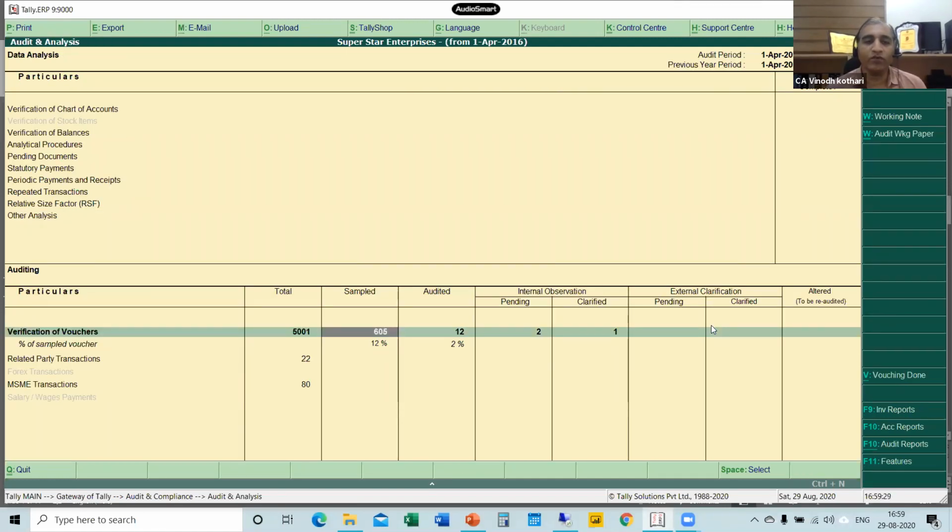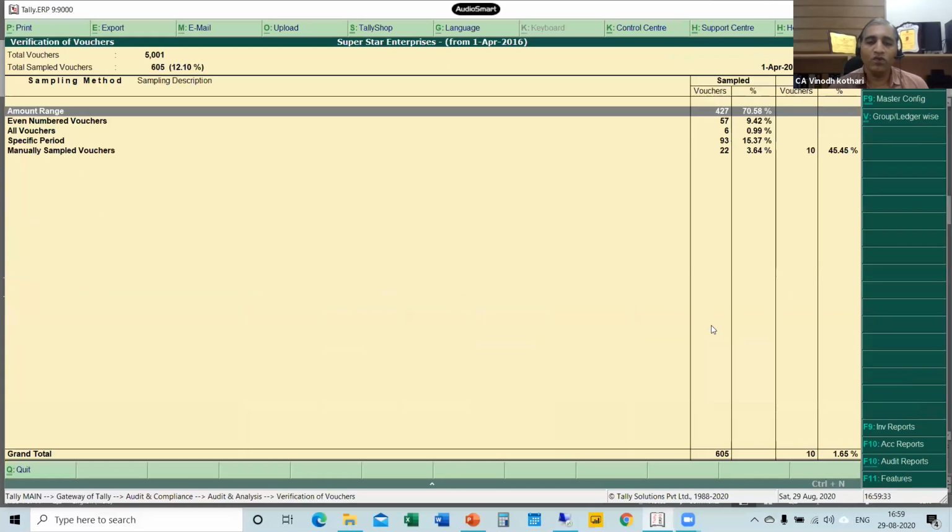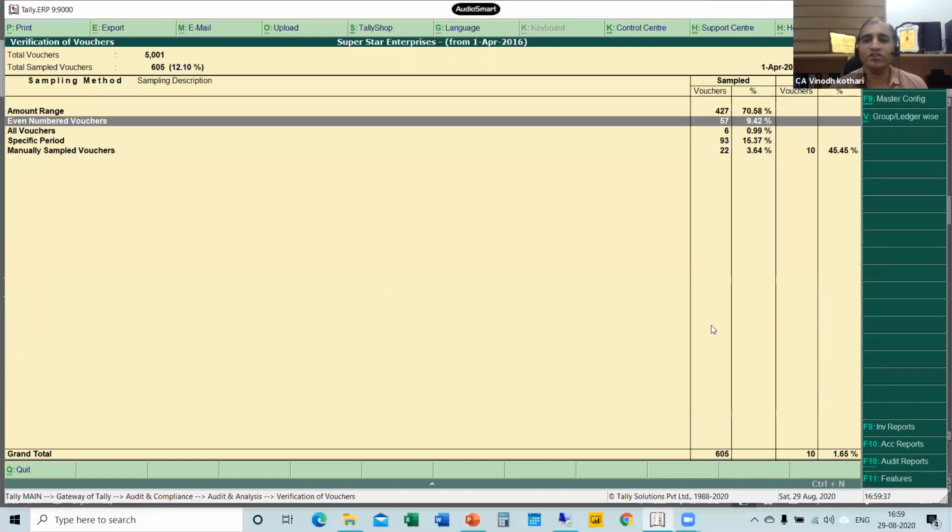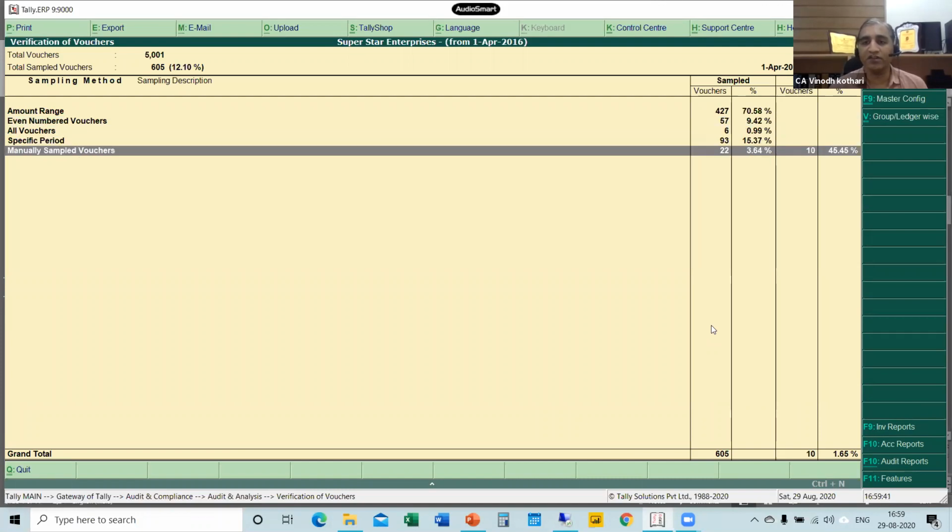Then I want to check what the sampled vouchers are. Again, enter. You will find which are all the sampled vouchers in the audit purpose. How much percentage of auditing is done? So totally, if you see, out of 605 vouchers, your staff has done only 10 vouchers verification, that is 1.65%,